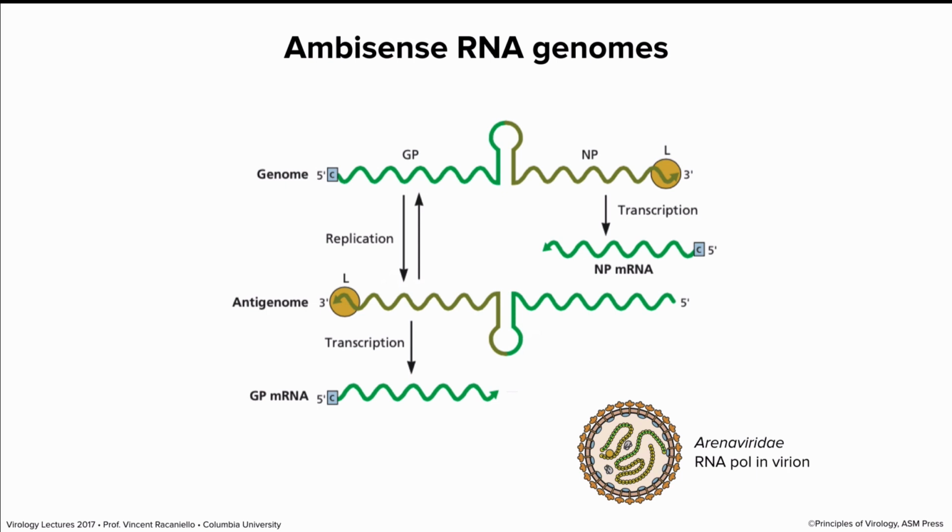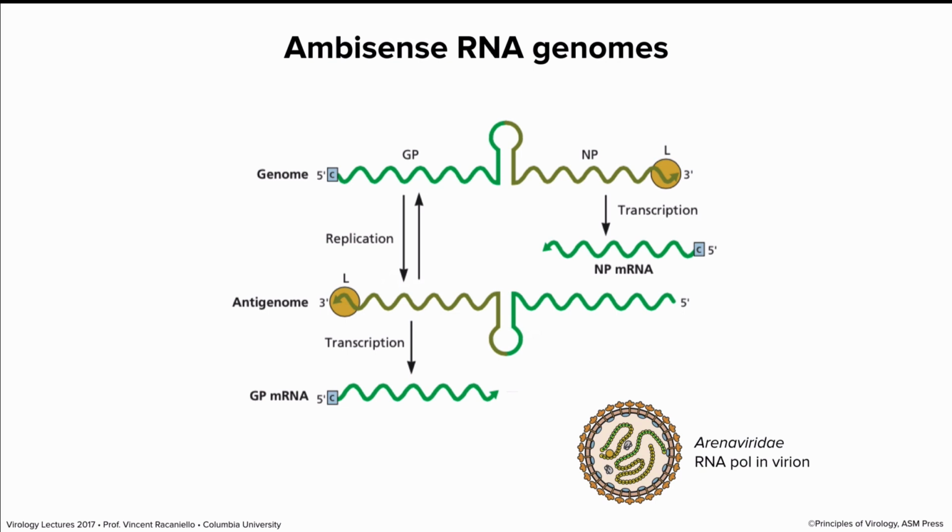Now you may wonder, how do you access this information? Well, this RNA is in the particle, and you may think that this first part of the RNA could be translated because it's capped and it's a plus strand, but it's not. What happens is these viruses have an RNA polymerase in the virus particle. The RNA polymerase makes a small mRNA from the 3' end of these genomic RNAs, so that's shown right here, npRNA, and then that is translated into protein. So the way this coding sequence is accessed is to make an mRNA, which is translated.